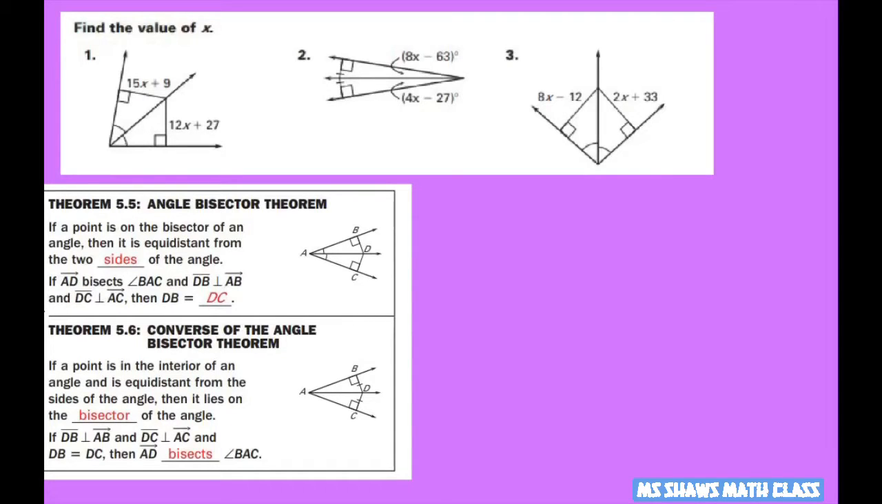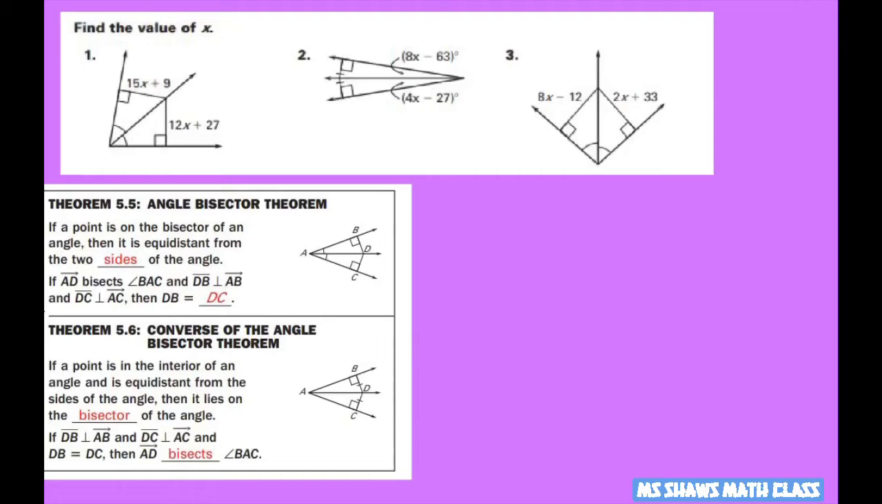Everyone, we're going to find the value of x. We're using the angle bisector theorem, and if a point is on a bisector of an angle, then it's equidistant from the two sides of the angle. So basically what it's saying is